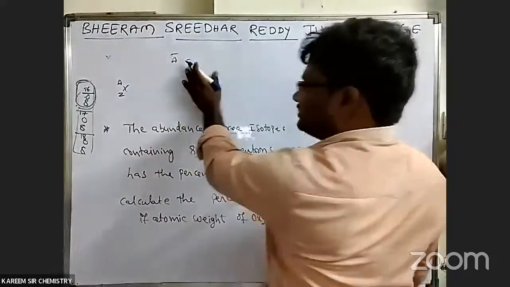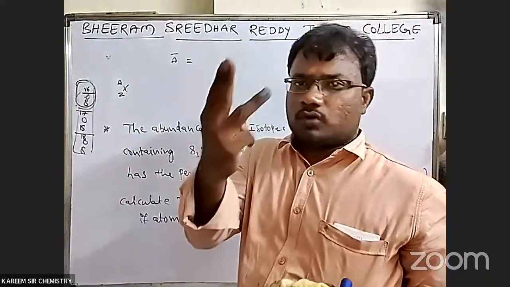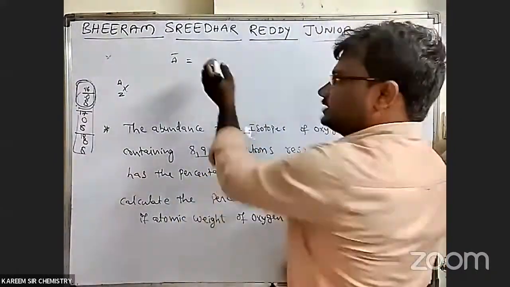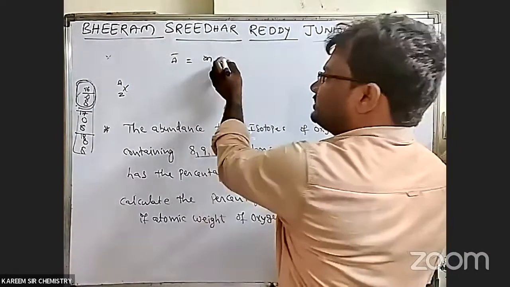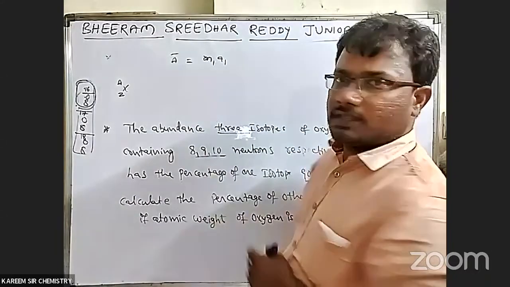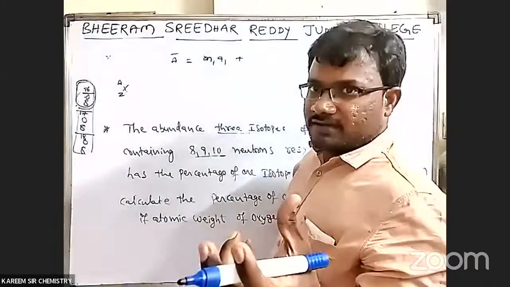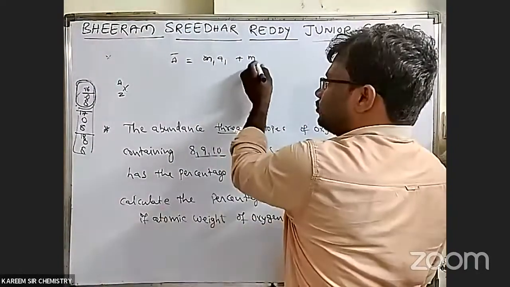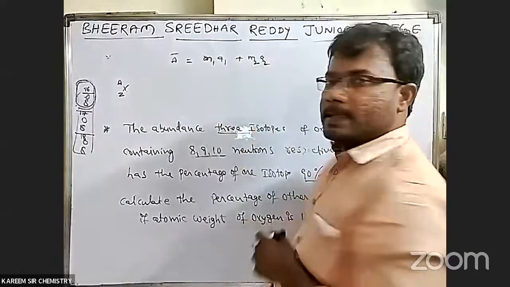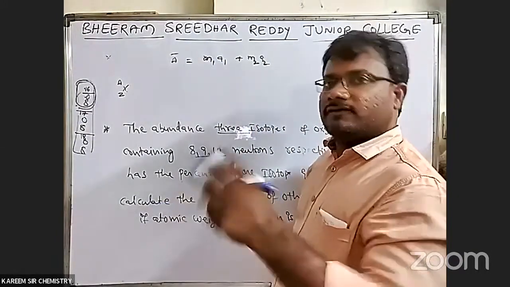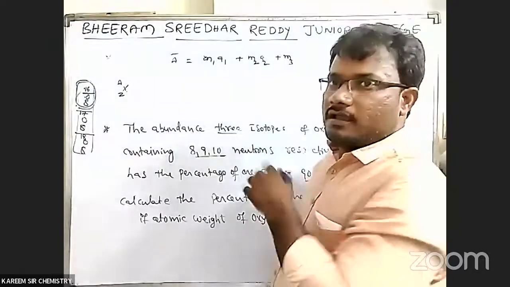For example, an element is available in 3 isotopic forms. The first isotope mass is M1 and its abundance is A1. Plus the same element has one more isotope, its isotopic mass is M2 and its abundance is A2. The same element has one more isotope, its atomic mass is M3 and